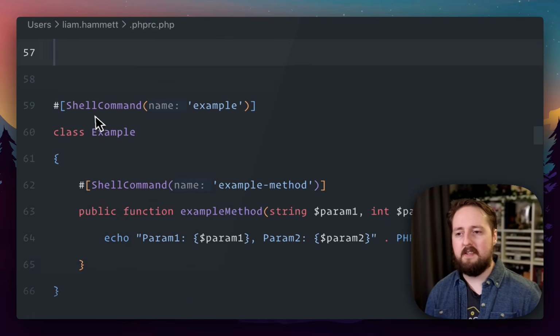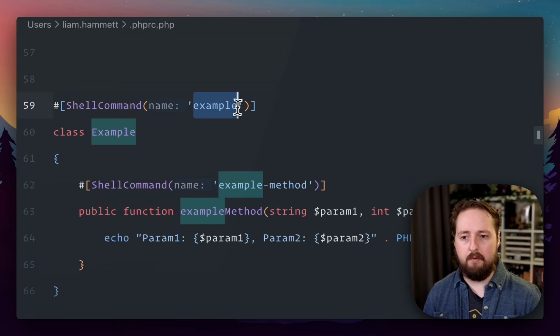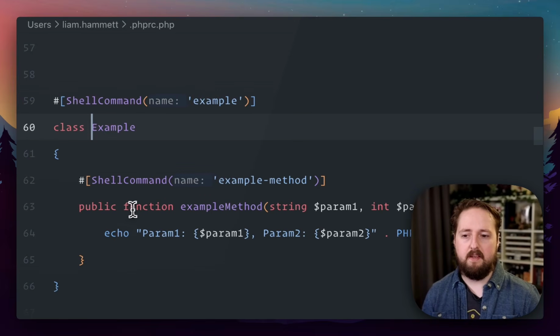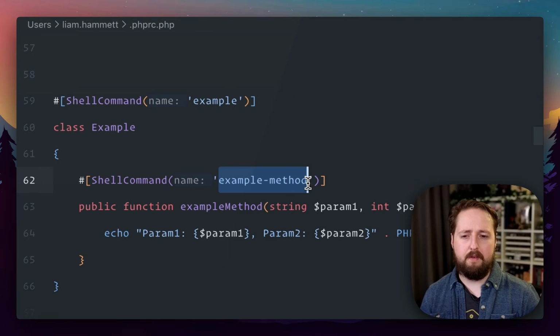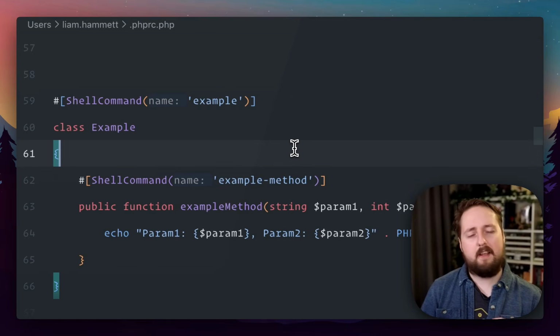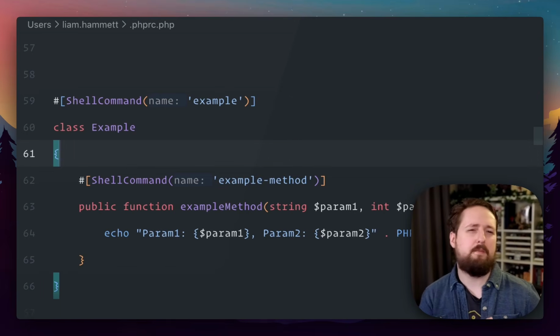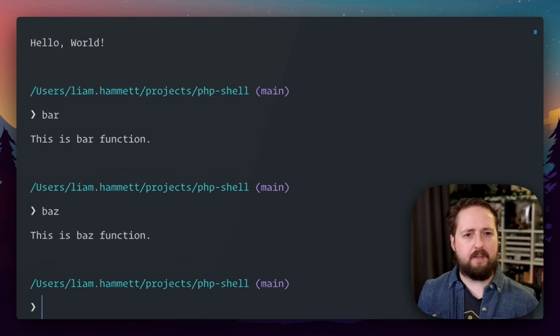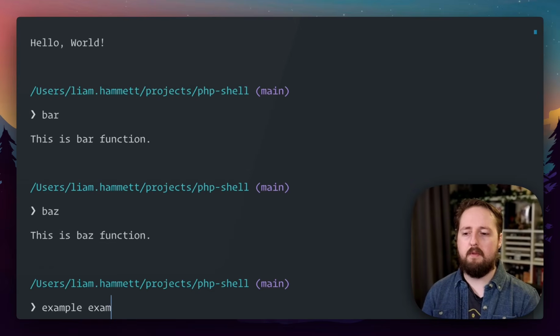In this case, I've got a shell command called example, but that is actually a class. But inside there, I have a method of that with another shell command of example method. And this lets you add subcommands to a command. So again, I come back, and actually I don't think I need to reload it. I think it should just work. If I type example,